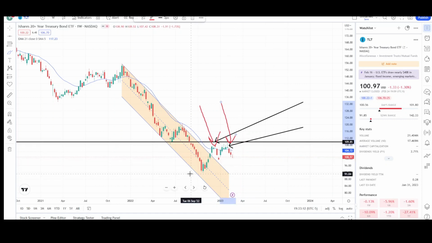So it's looking like it wants to come back down to these lows, but I would be worried about that support incoming at that 98, 99 level. So let's see what happens there. If it's cleared, we're going back down to retest these lows. If it's not cleared and we get a good bounce, there's a good chance it comes back up to retest